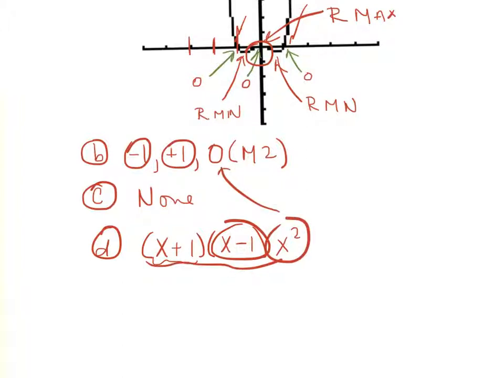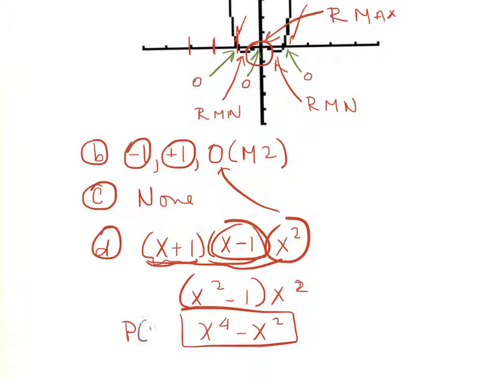I just had to multiply these together to get it in standard form. The first two binomials, that comes from a difference of squares, x squared minus 1. I distribute the x squared, and that is the polynomial, let's call it p of x, that would have all of these solutions. And that's how you do test part